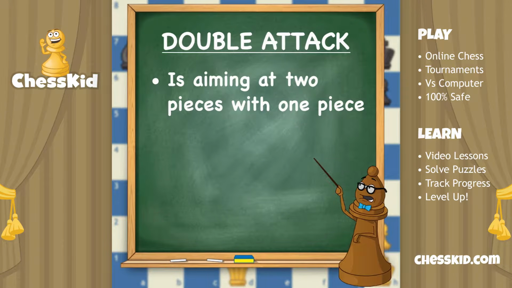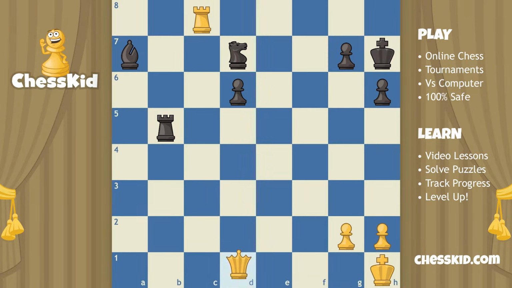I've got a really good move here for white. Let's have white travel up with his queen to the square d3. What are we double attacking? Well, the rook of course, but also don't forget the king. And if you aim at the king, it doesn't matter if he's defended because he always has to get himself